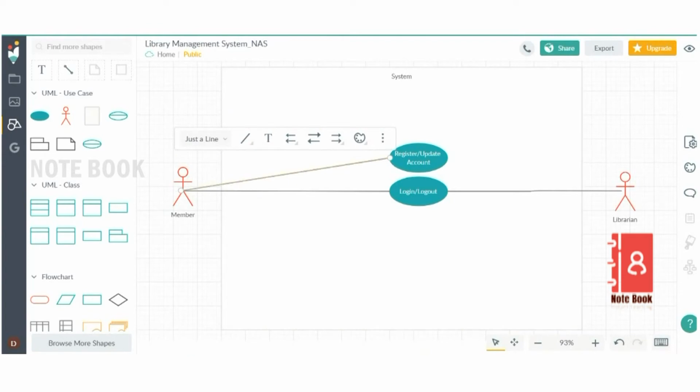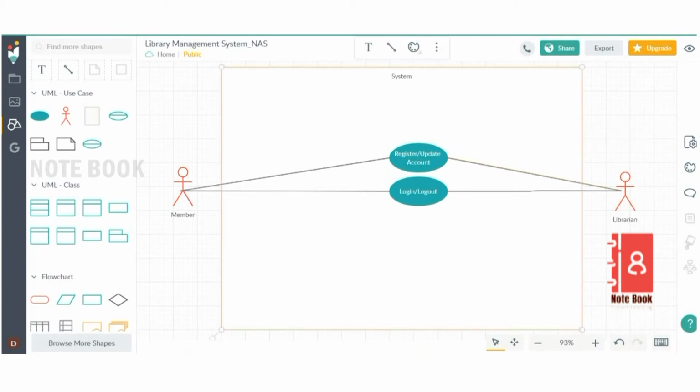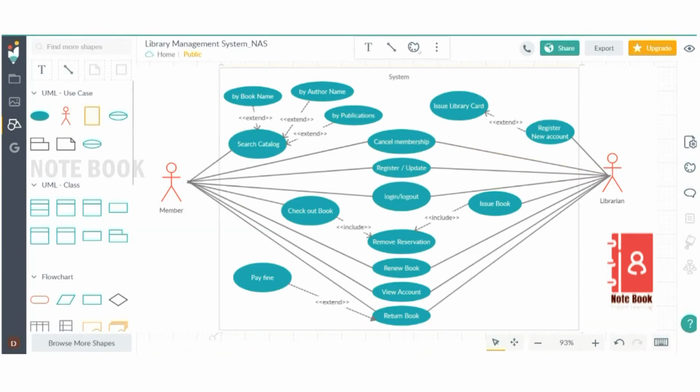In style we can change the color themes and so on. Click on draw connector and connect with the actor. This line should come as a straight line, so here you can change it to a straight one. That's it. Likewise, we have to connect all the connectors between the use cases and the actors, one by one.